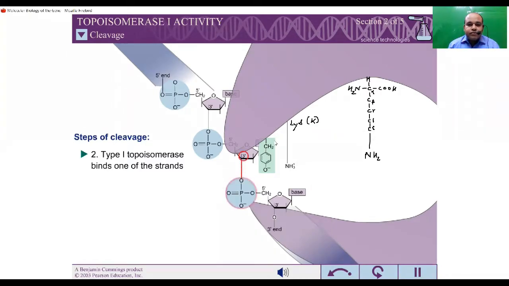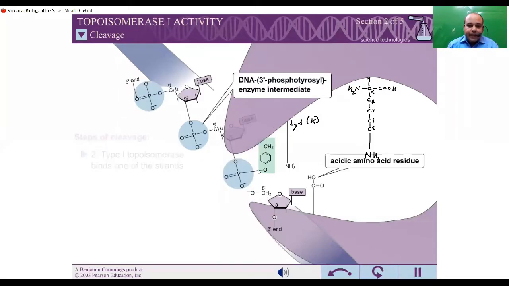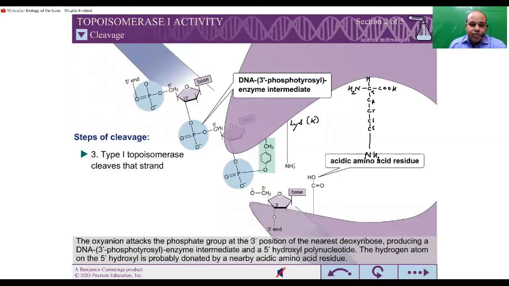The oxyanion attacks the phosphate group at the 3' position of the deoxyribose. The nearest oxyanion is going to attack the phosphate group, producing a DNA 3' phosphotyrosyl enzyme intermediate and a 5' hydroxyl polynucleotide. Once the attack takes place,